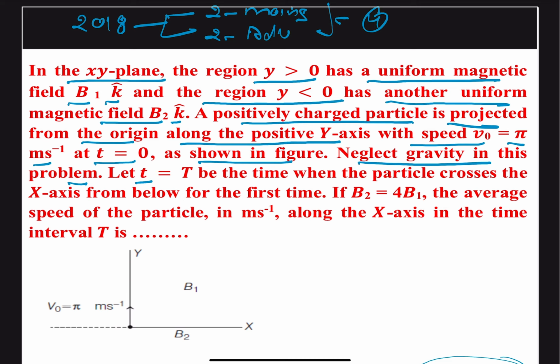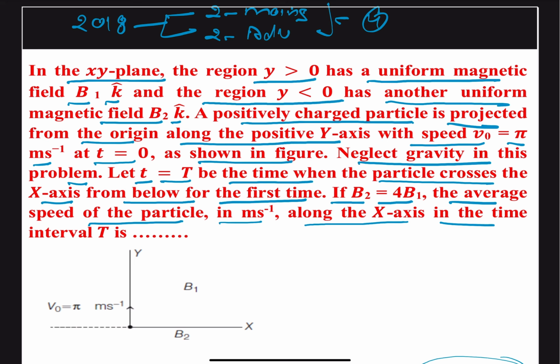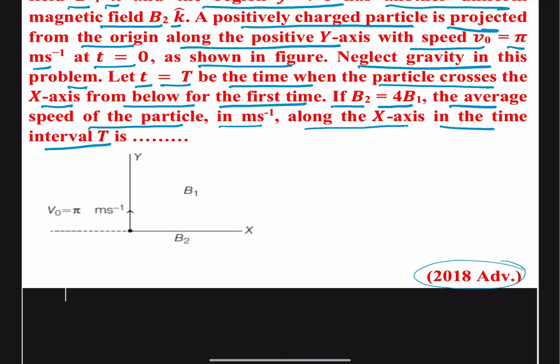Let t equal to capital T be the time when the particle crosses the x-axis from below for the first time. If B2 is equal to 4 times B1, the average speed of the particle in meter per second along the x-axis in the time interval capital T is given as. If we are given the figure,